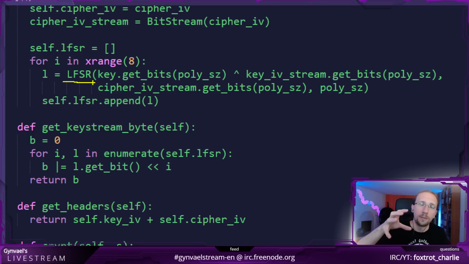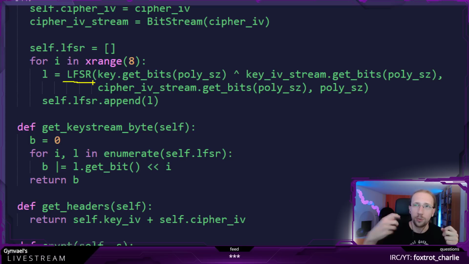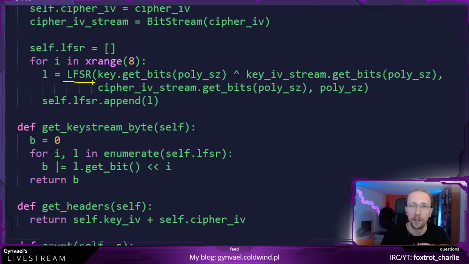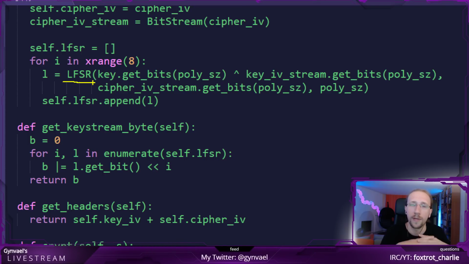For what polynomial would this output be generated? Assuming that this is the initialization vector, and this is the equation which we are going to solve. Are we? No, we are not going to solve it. Z3 is going to solve it for us. For us, we are just going to create that equation.